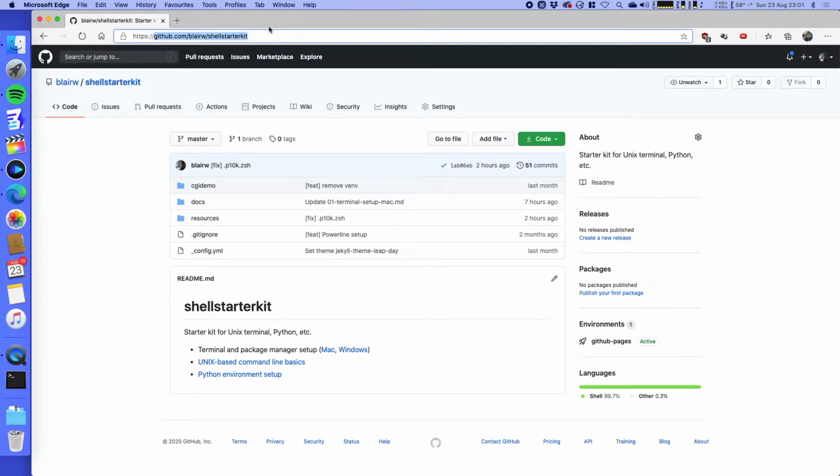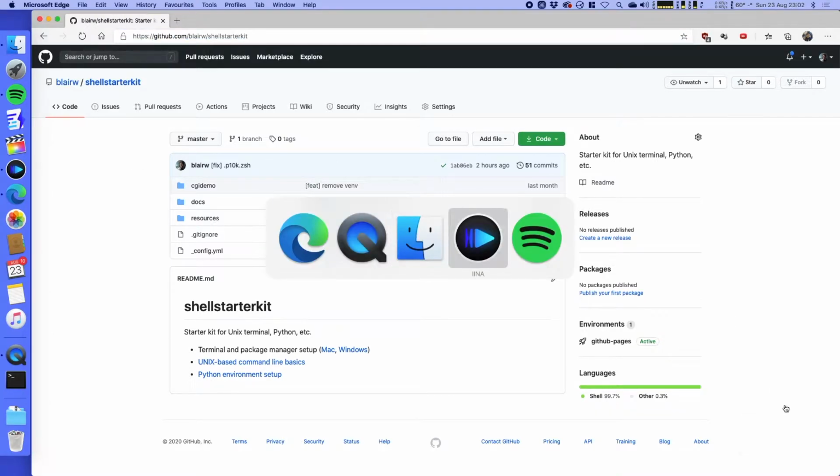Hello and welcome to the video where I show you how to get started with the Shell Starter Kit on Mac. If you are on Windows, that is a separate video, although in either case the instructions can be found here at github.com/blairw/shellstarterkit. And now for today's video, I have got this little plugin installed that shows you when I use keyboard